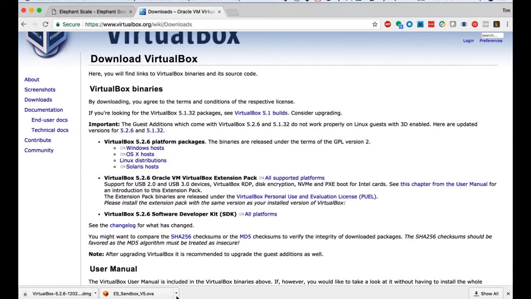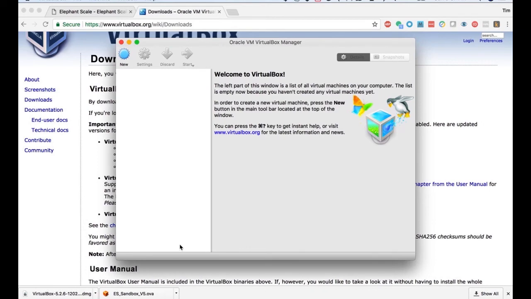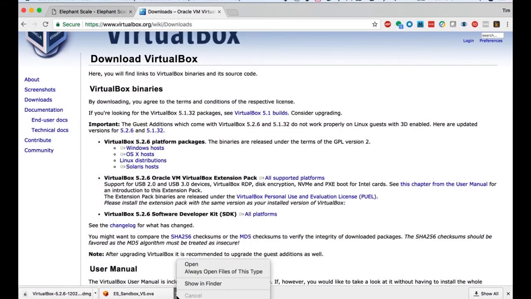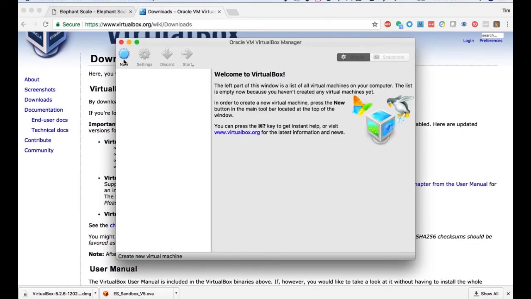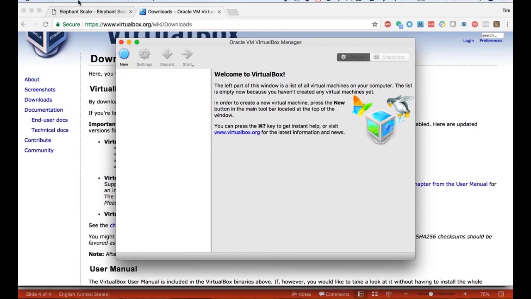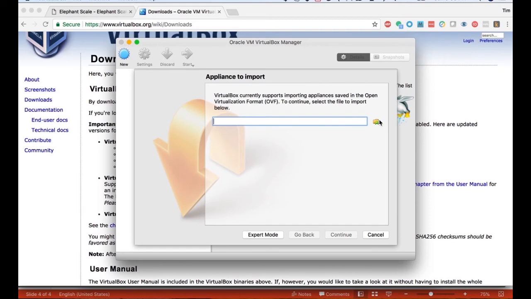My OVA file is downloaded, so with VirtualBox installed, I should be able to load the virtual machine and get the Sandbox set up. So let me do that. Okay, so I'm going to go import appliance.